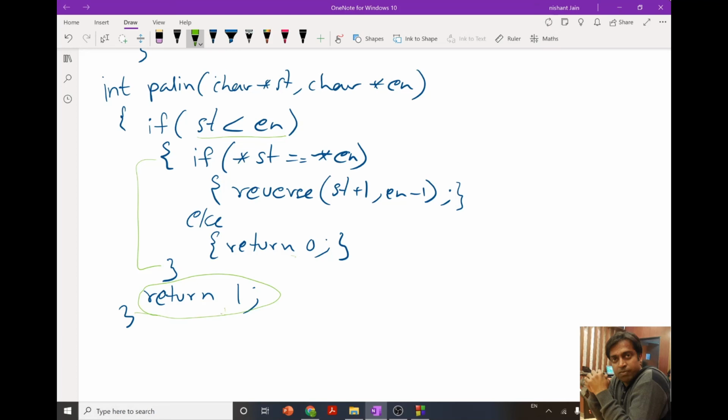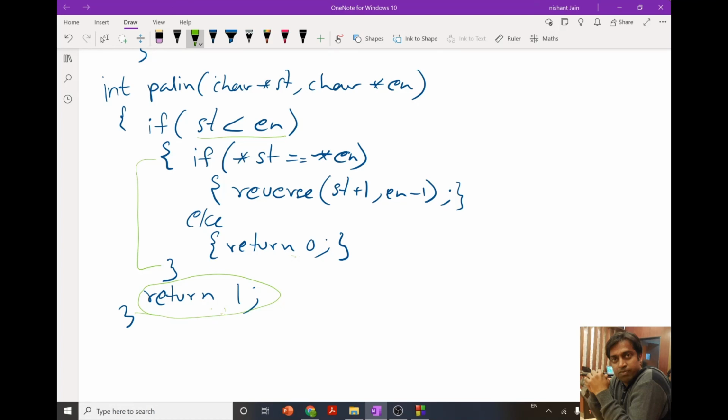The compiler will be able to come here only if this condition is false, and this condition will become false only when we have already compared all the character pairs: first and last character, second and second last, third and third last, and so on.